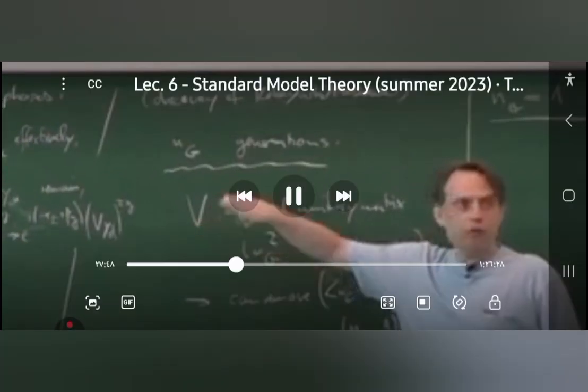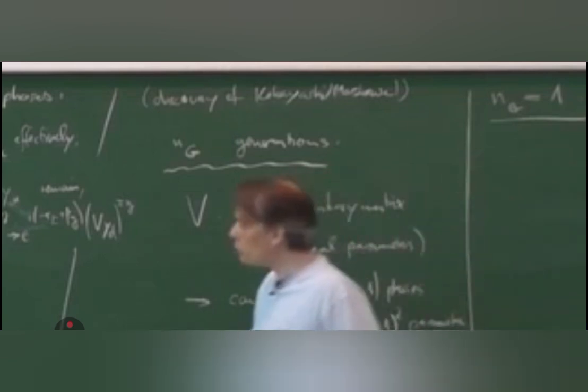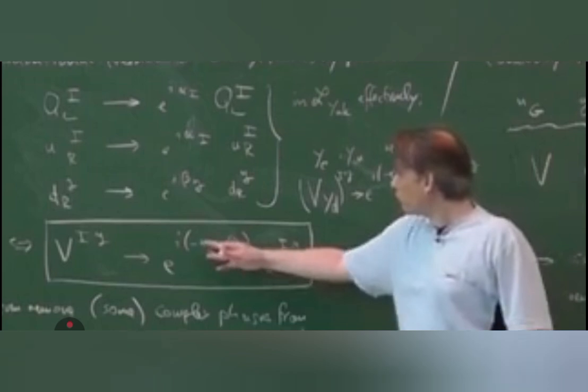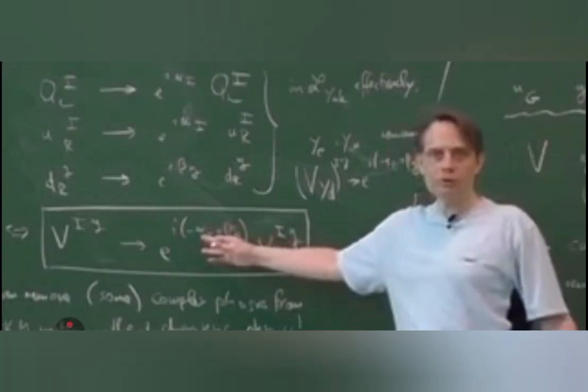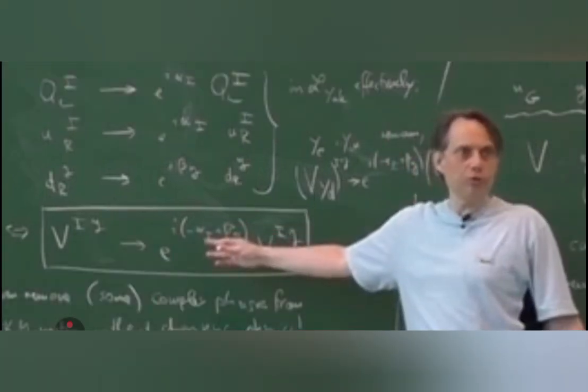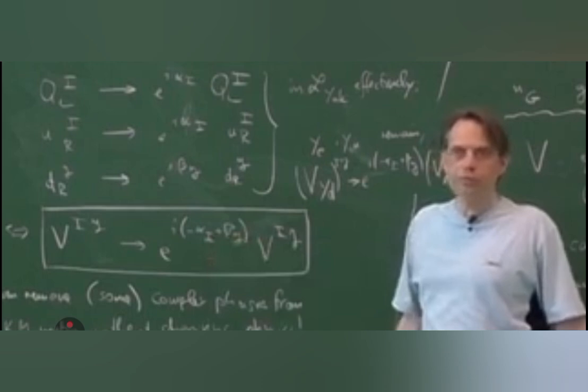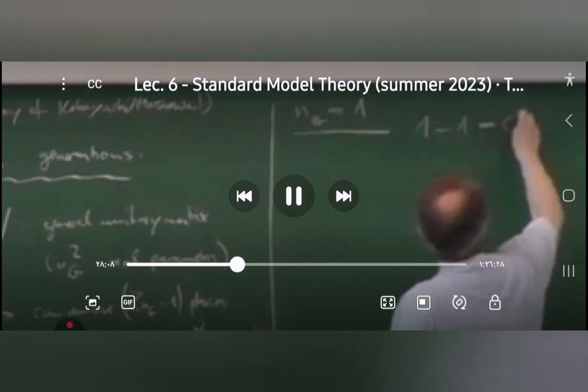A unitary 1 times 1 matrix is just one complex phase. And how many phases can we remove? We have 1 alpha and 1 beta at our disposal, 1 difference, so we can remove 1 phase. We have 1 phase minus 1 phase gives 0. So we have 1 minus 1 equals 0 parameters